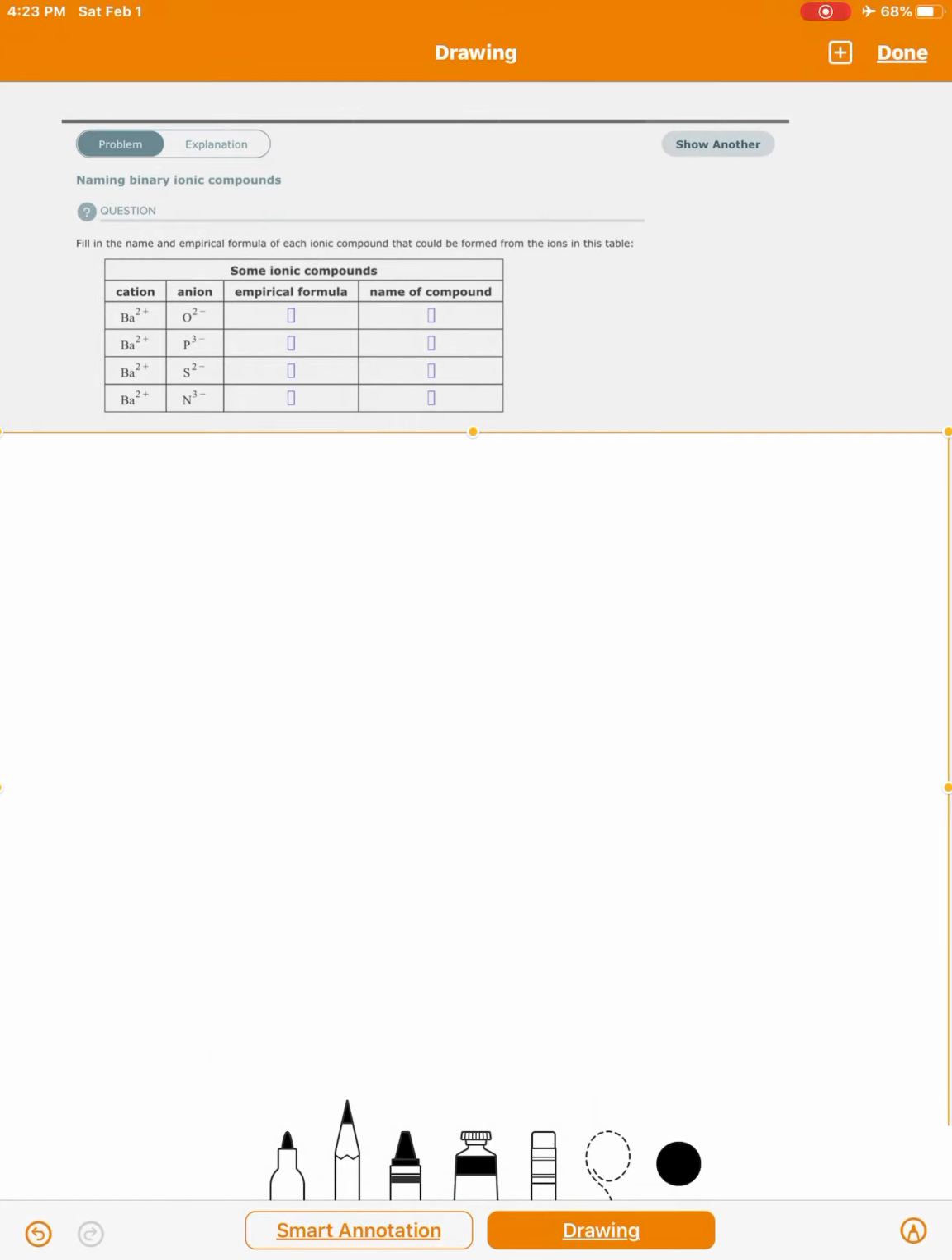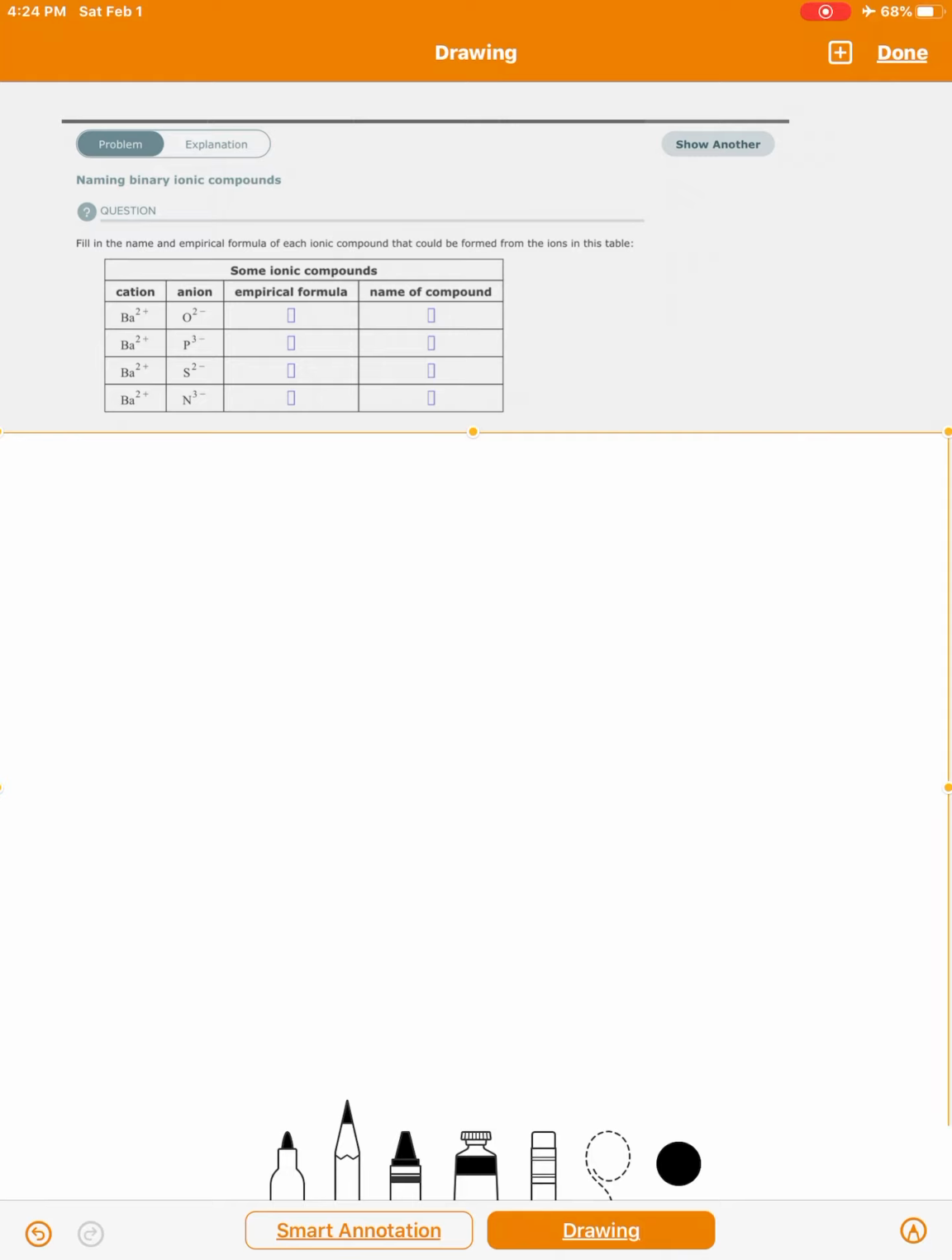Okay, in this example, we're going to get into the naming of really the simplest of the ionic compounds. These are binary ionic compounds, metal with a nonmetal. Remember, the metals are the cations, positively charged. The nonmetals are the anions, negatively charged. We combine cations with anions in order to have neutral combinations, meaning the same amount of positive charge as we